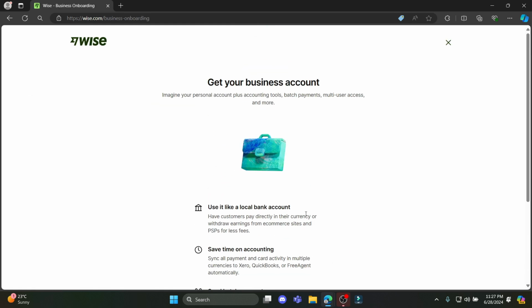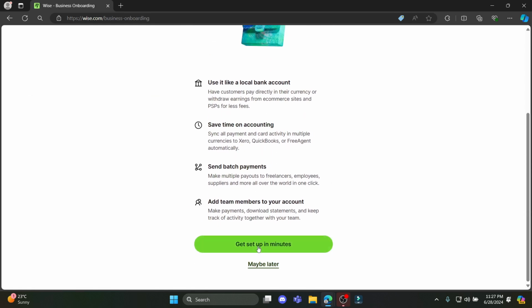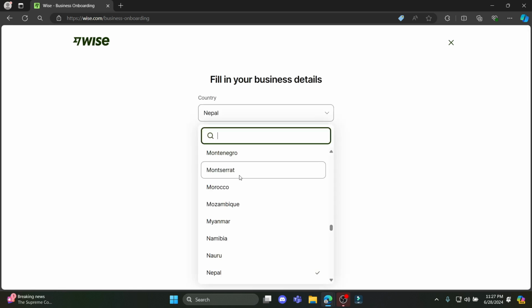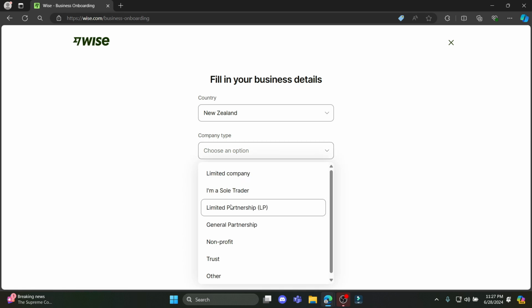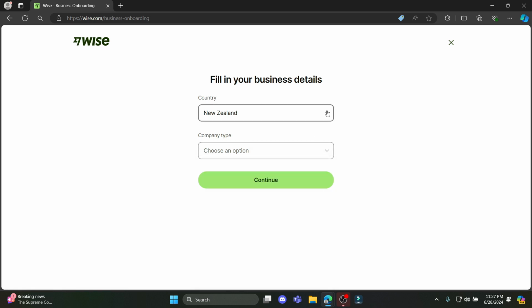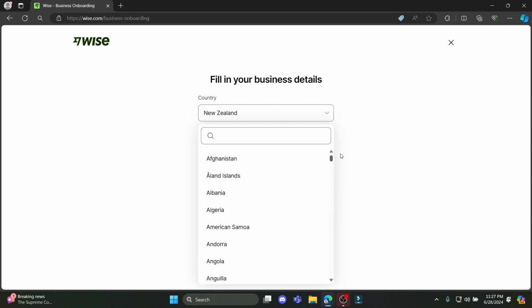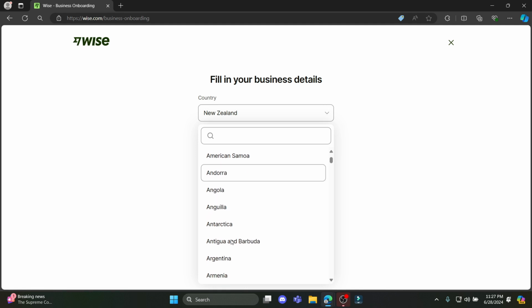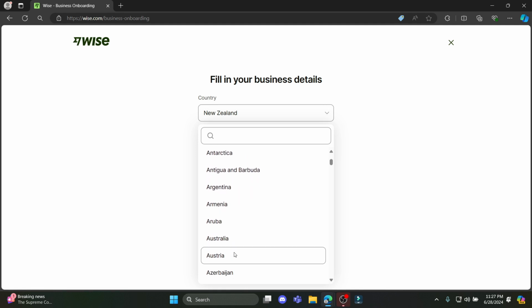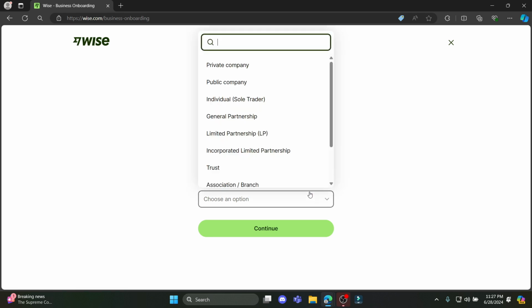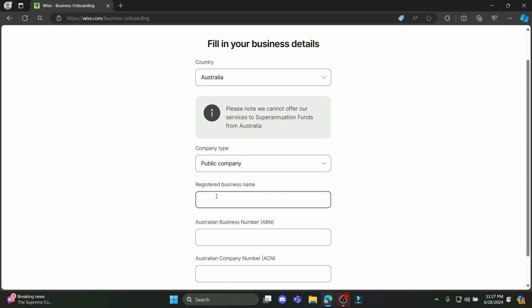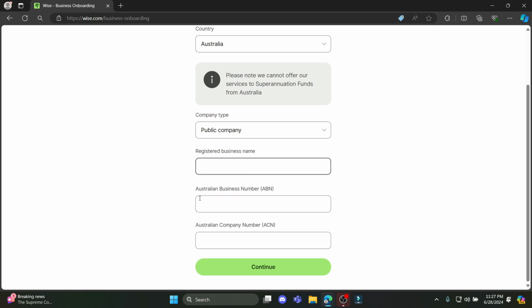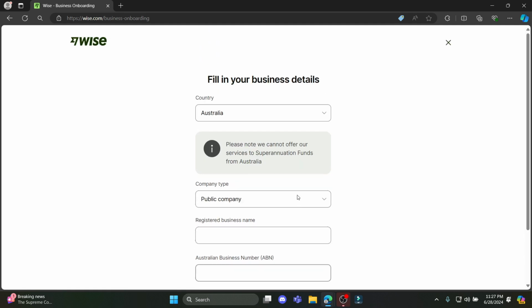So what you need to do is go to open business account, click on get set up in minutes, select your country, and after that choose the company type. So you can see there are different types of companies according to the country you have selected. So make sure you select your country, choose the company type, which is over here, and write down your registered business name. Then you can write down your Australian business number if you have selected the country Australia,